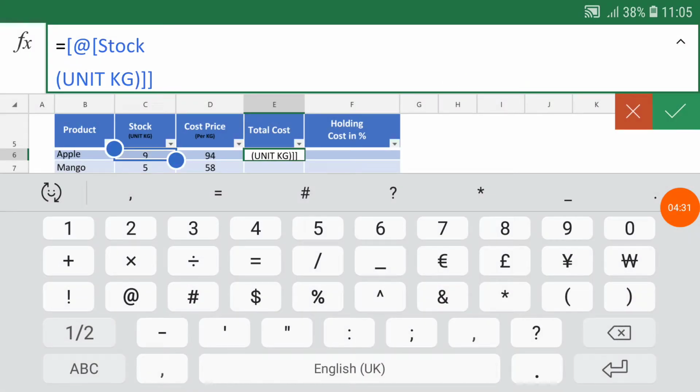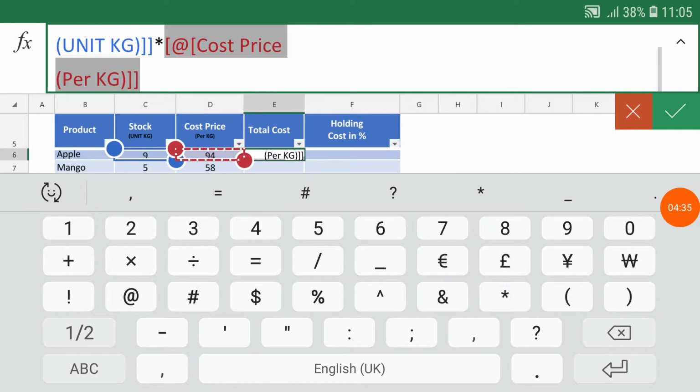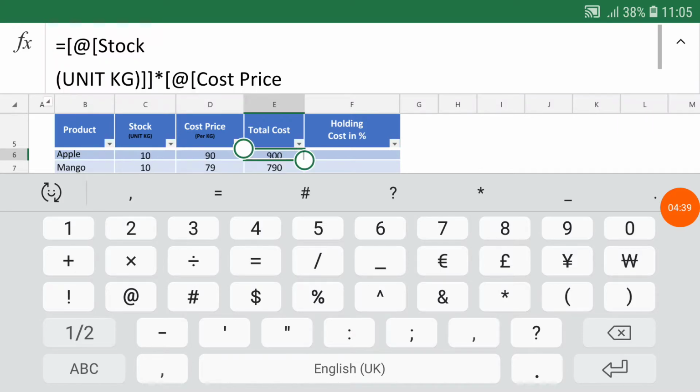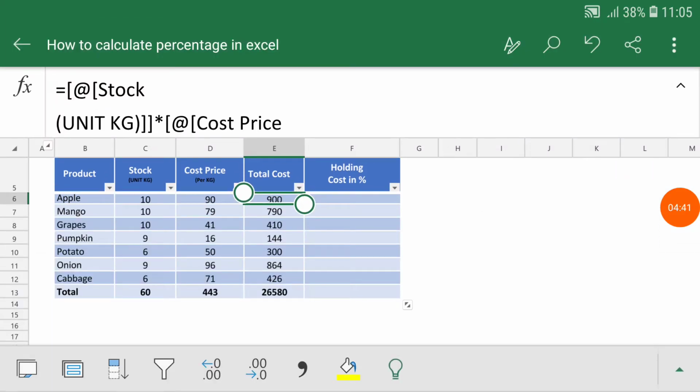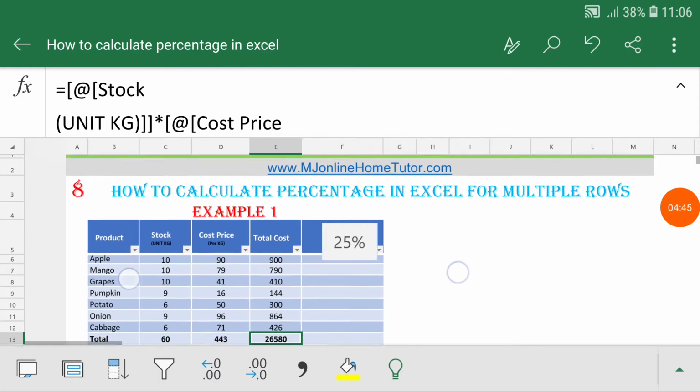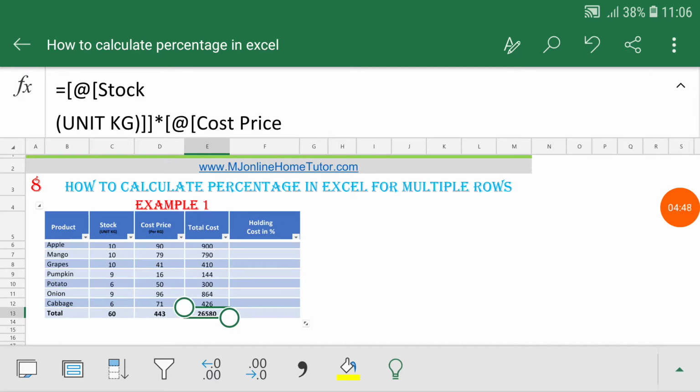The percentage sign we will take as static and the cost is here. Once we press the right key on the formula bar, we will get the result over here. So here you can see now we have the data for each item and we have the cost.